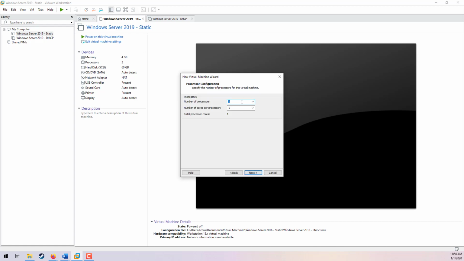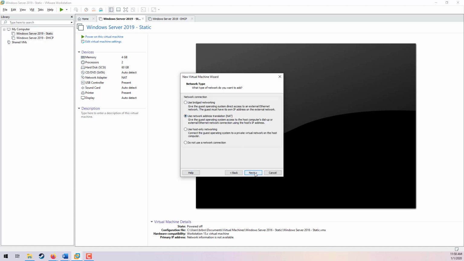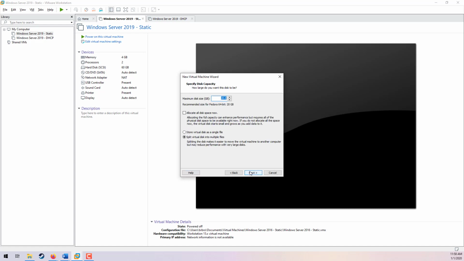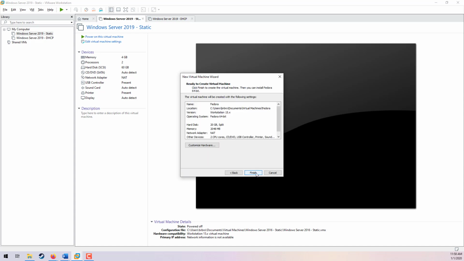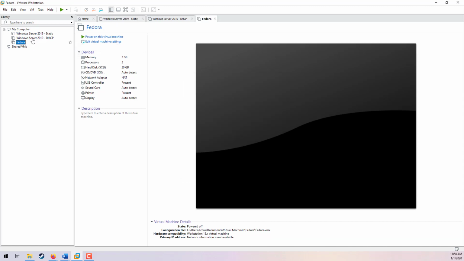I'm going to give it 1 processor, 2 cores. And default is fine for the RAM on Fedora. It's going to be on NAT, LSI SCSI, create new disk. It only needs to have 20 gigs. That's fine. Again, default, multiple files, Fedora VMDK, and finish. And it'll pop up here. So we'll take care of installation in later